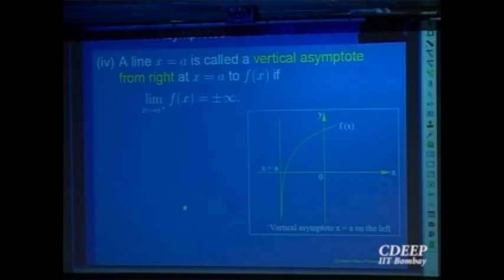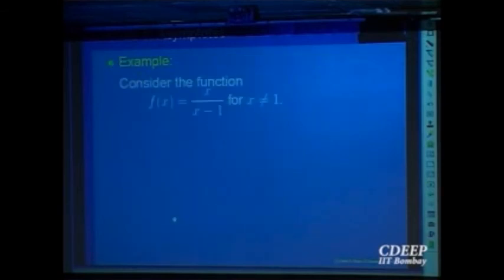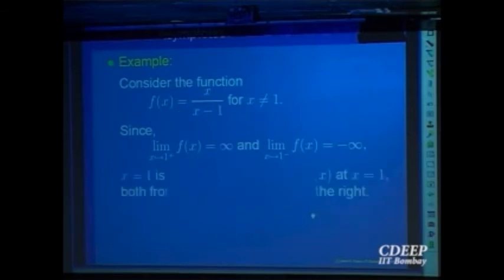So when you say vertical asymptotes, the value of the function is going to become plus infinity or minus infinity. When you say horizontal asymptotes, you are analyzing the graph of the function approaching a line y equal to b, a horizontal line. So let us look at a typical example of this. So x goes to 1, on the left or on the right, it doesn't matter from which side it goes, because the denominator will become smaller and smaller, positive or negative. Depending on that, it will go to plus infinity or minus infinity. So x is equal to 1 is a vertical asymptote from the left as well as from the right at the point x is equal to 1.